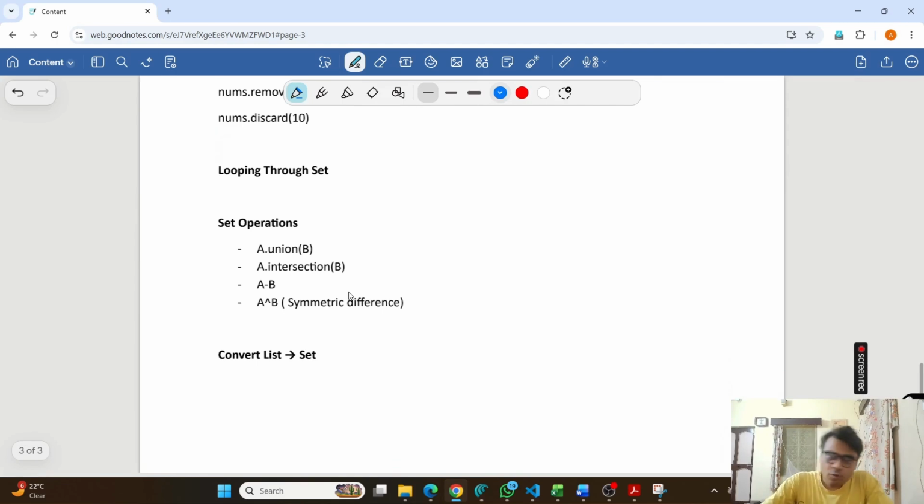Now, looping through a set we will discuss once we do the loops. Now there are some operations in the set. Let us discuss them. In school maths, you must have done union and intersection, right? So what do they mean? When I have two sets A and B and I want to take the union, it will take all elements of A and B together. For example, if I have